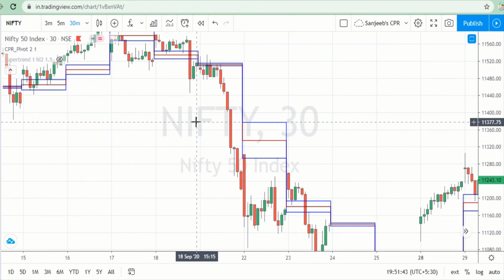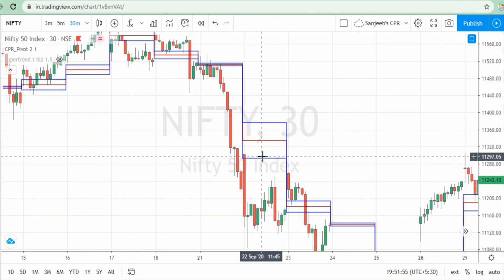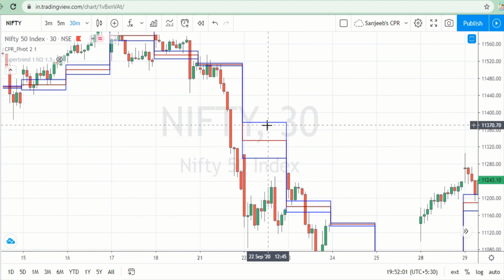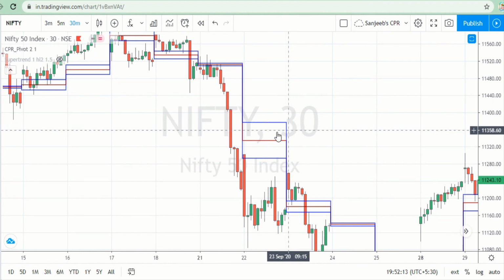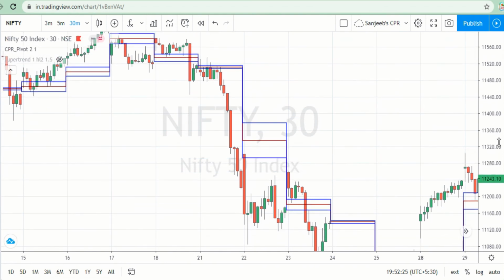Another thing we remember, a strong trend can usually be gauged by how price remains above the bottom central BC. means uptrend में BC से bottom central से ऊपर होना चाहिए, and in downtrend top TC से नीचे होना चाहिए. This means above the bottom central while in uptrend and below the top central while in downtrend. जब downtrend में क्या होना चाहिए? ये डाउन ट्रेंड में ये जो टॉप, ये टॉप CPR, ये सेंट्रल CPR, ये बॉटम CPR, इसके नीचे होना चाहिए डाउन ट्रेंड में, तब ट्रेंड कंफर्म होता है.